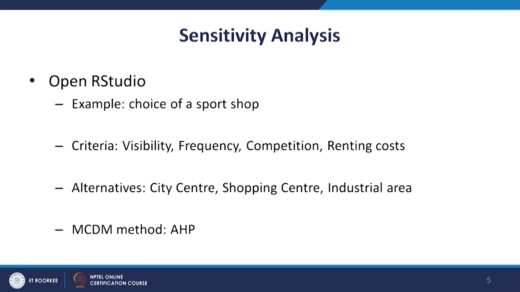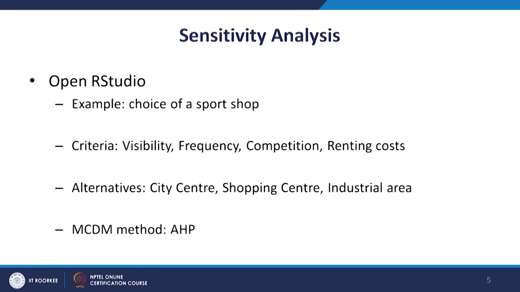The example that we are taking here is a choice of a sports shop. We have 4 criteria for this decision problem: visibility, frequency, competition, and renting cost. If someone is looking to decide where to open their sports shop, these could be important criteria, because this is an identification of the geographical location where you would like to open your shop. There are 3 alternatives: city center, shopping center, and industrial area. All these alternatives have their own pluses and minuses, and they are to be compared with respect to the 4 criteria that we have: visibility,